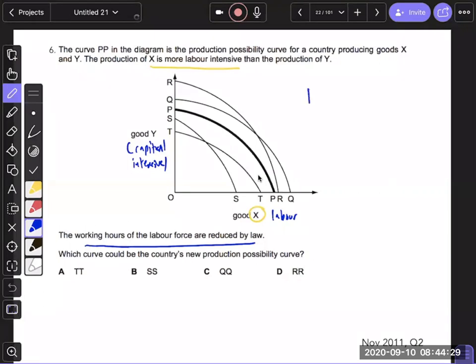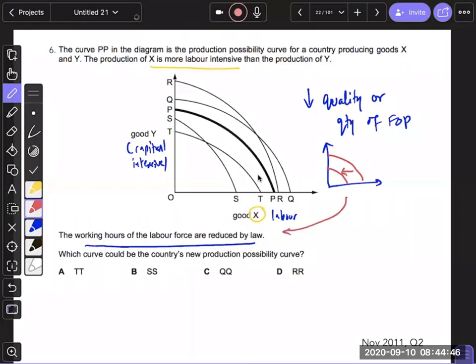Because there is a reduction in the quality or quantity of factors of production, the PPC will shift backward, right? But in this case, it will shift backward in a non-parallel manner, right? So the answer would be